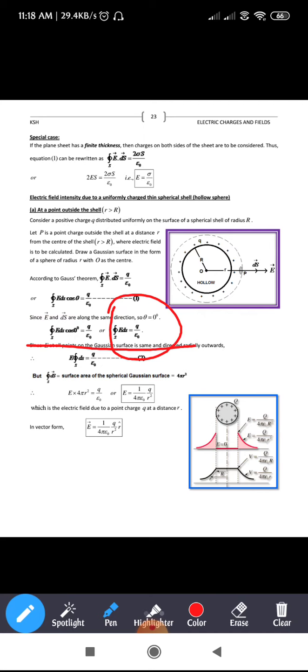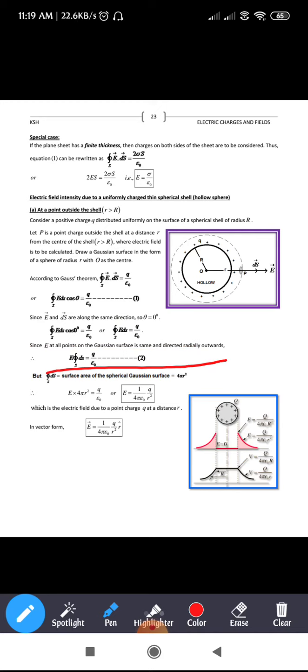Now we are going to integrate that small element ds. Why? Because when you integrate that small ds, you are going to get the electric field through the whole Gaussian surface due to the charge enclosed inside the spherical shell. So that is why we integrate ds. The next line will be E integral of ds is equal to q divided by epsilon naught.